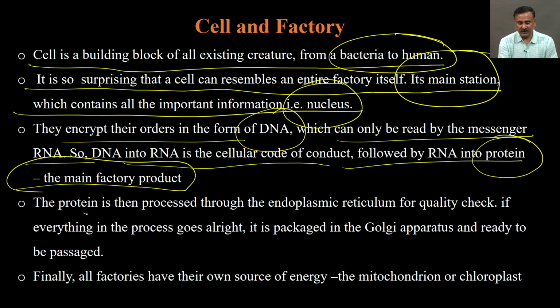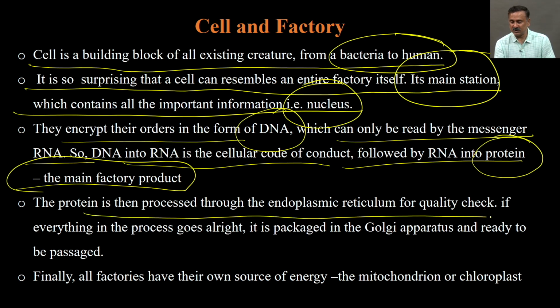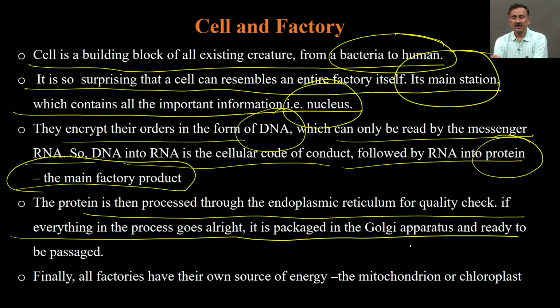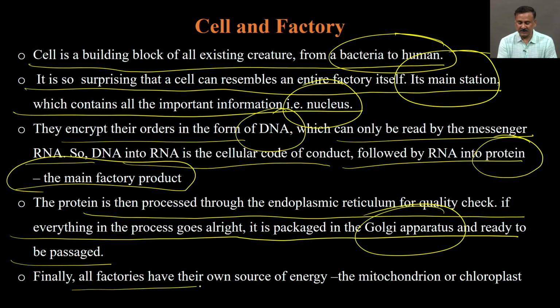The protein is then going to be processed to the endoplasmic reticulum for the quality check, and if everything is all right, it is going to be packed into different types of packaging material, and that is being done in the Golgi body, and then it is going to be ready for supply. Finally, all factories have their own source of energy, and the bacteria or mitochondria or the chloroplast is going to